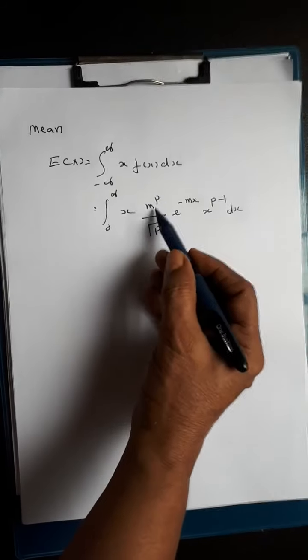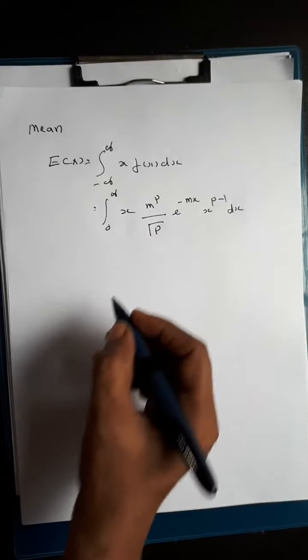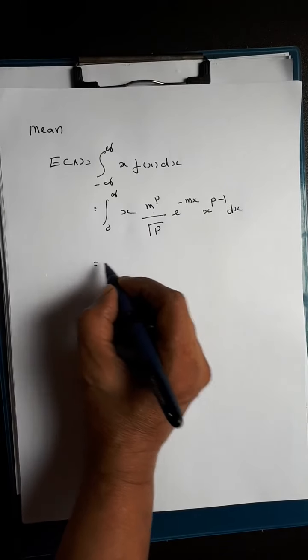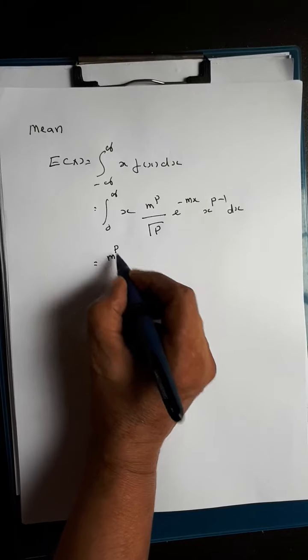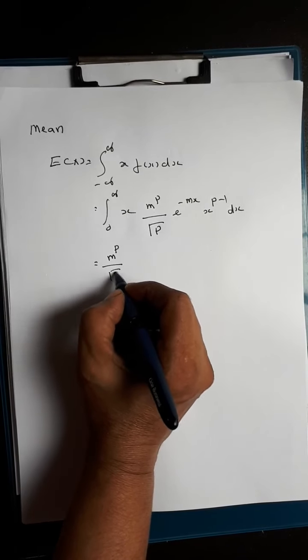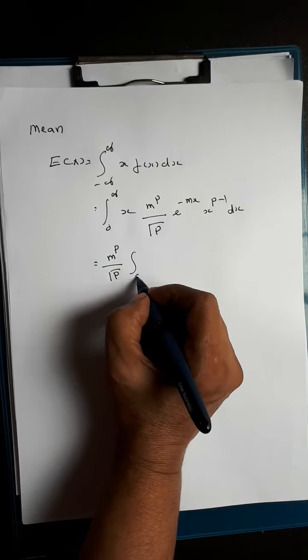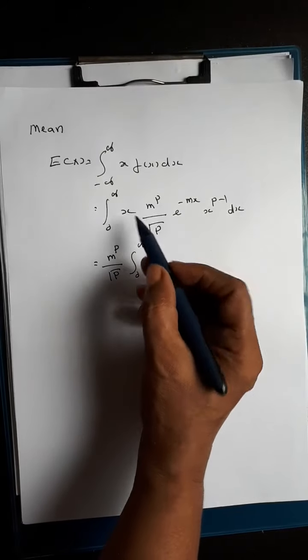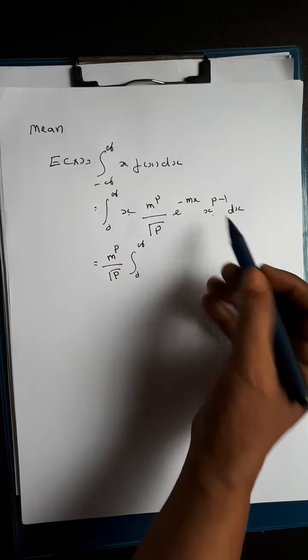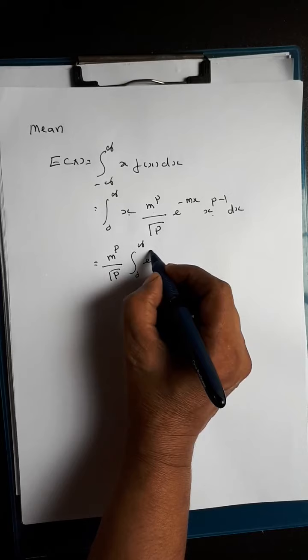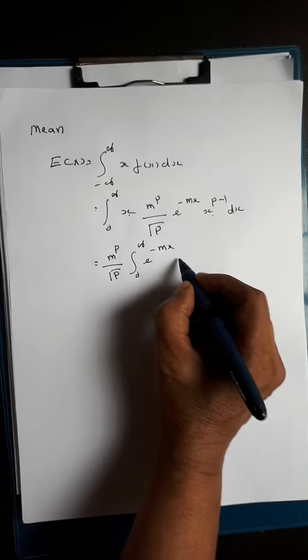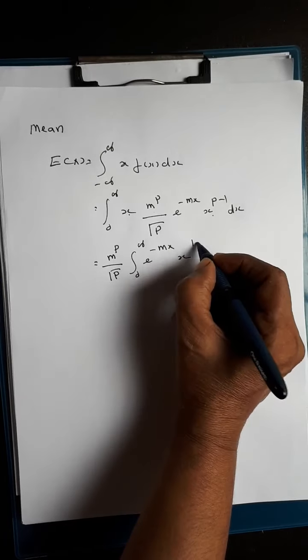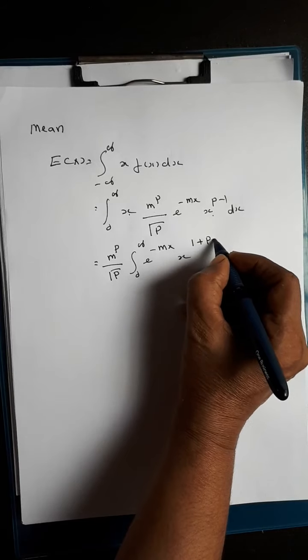We know that m raised to p and gamma p are constant, so we are taking that outside. M raised to p divided by gamma p integral 0 to infinity. Combine this x and this x together. We have e raised to minus mx x raised to 1 plus p minus 1